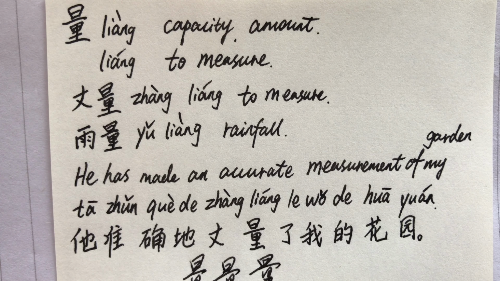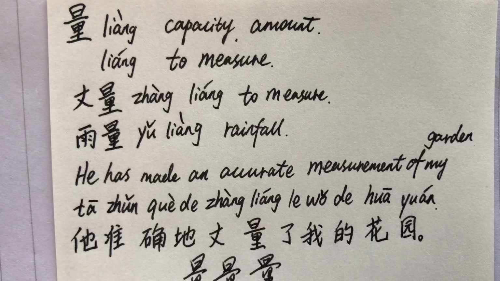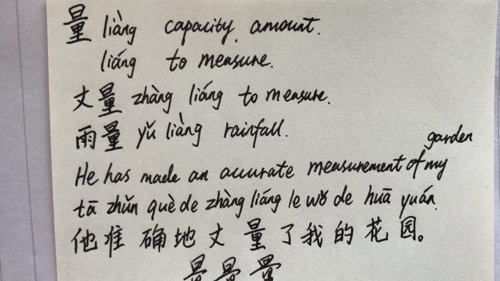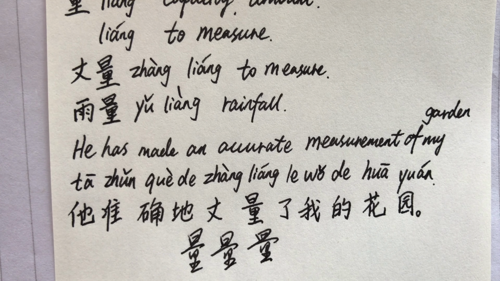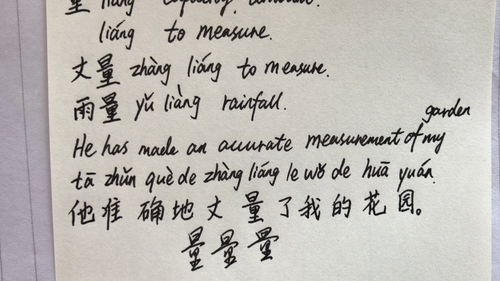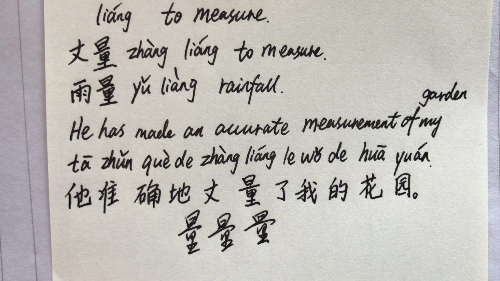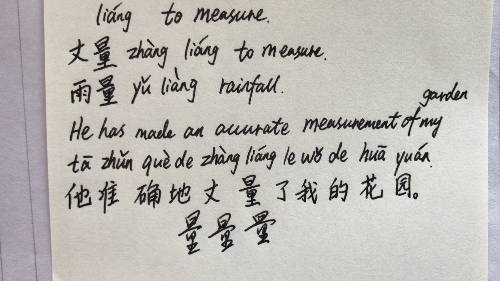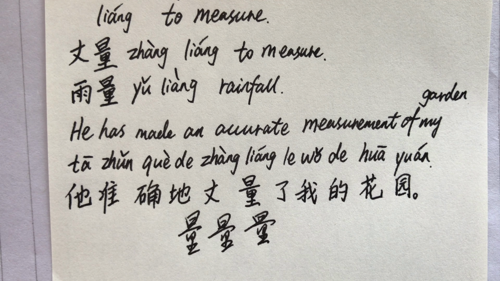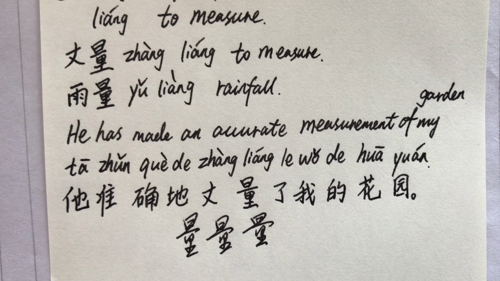My daily handwriting on the character liàng. Liàng, capacity, amount. 量, to measure. 丈量, to measure, measurement. 雨量, rainfall. He has made an accurate measurement of my garden. 他准确地丈量了我的花园。